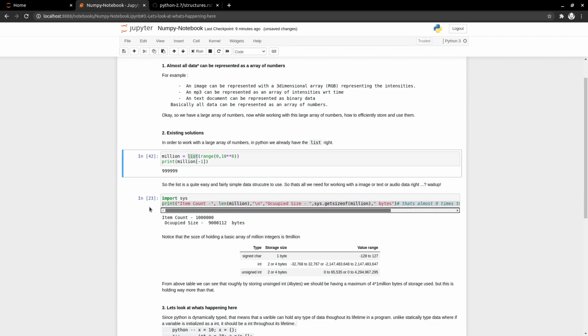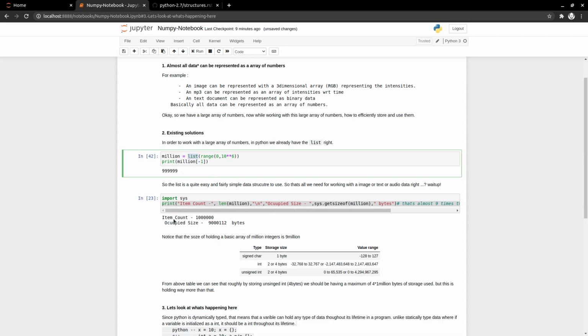So we'll just pull up this list, but while working with all of these large data things, we need to store this in memory only. We can't keep this in some file and then later pick it up. It has to be stored in memory, and we will need to perform actions on top of this. We created a list, it has a million items.